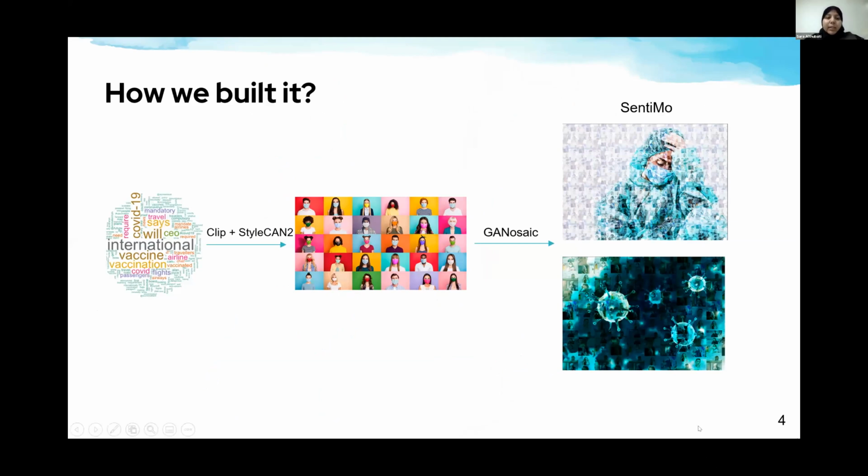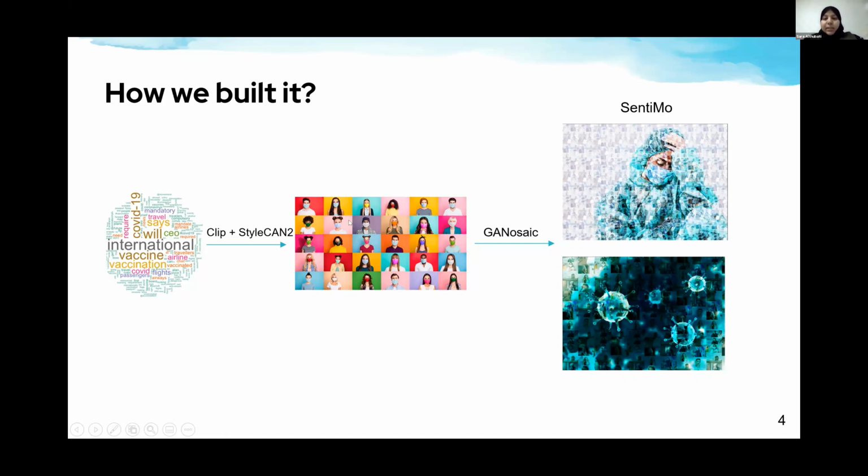So basically, our model will be built by retrieving all of these people's sentiments from social media and then inputting them to a combination of two models, CLIP and StyleGAN2. First, we find the similarity between the retrieved texts and then convert those texts into a mosaic form of people images. Then that mosaic form will be input to the GAN in order to fill or construct a predefined disease-related image using those people images. So for example, for COVID-19, if we predefine a depressed nurse or a virus shape, then those images will be filled with the generated images from